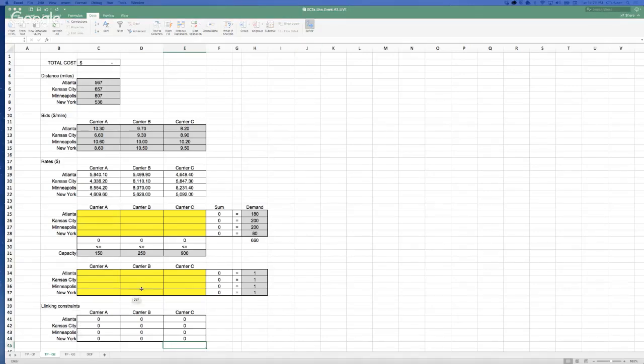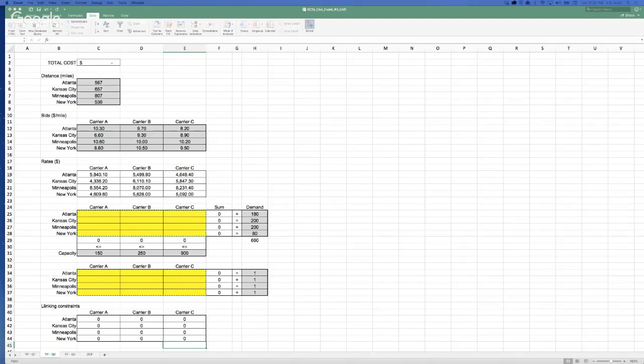I'm going to be adding the objective function. Again, the objective function is cell C2, and we are trying to minimize the value of this cell. I'm going to choose minimization. Okay, my decision variables now are different. They are the loads assigned to the lanes, but also the binary variables. So basically all the cells that are colored in yellow.